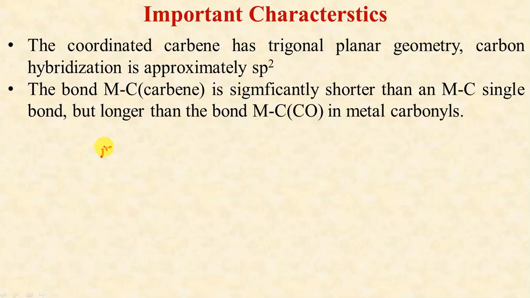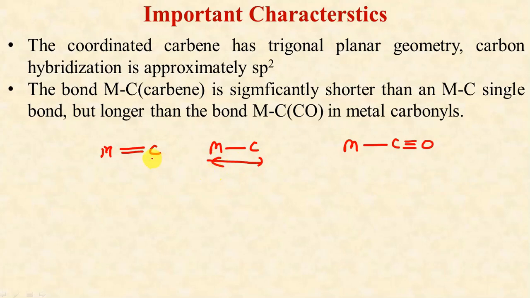Meaning in case of Fischer carbenes, this is the bond, this is the metal carbon single bond, and this is the metal carbon bond in case of metal carbonyls. Now why is it so? In case of a metal carbon single bond, we have bond order 1, but in case of Fischer carbenes,